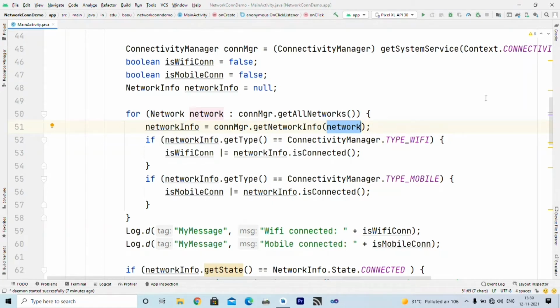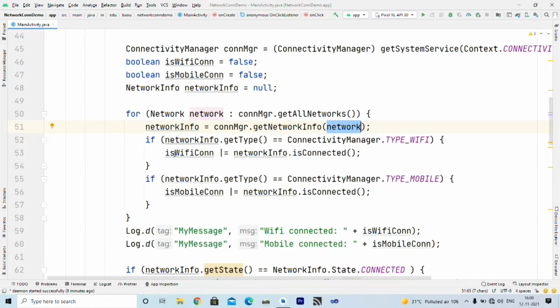Now next we want to check what type of network we have. So I write network info dot get type. It means what type of network we are connected with. So here I write connectivity manager dot type Wi-Fi. It means this condition returns true if I am connected with Wi-Fi.